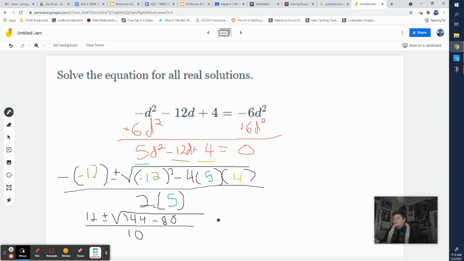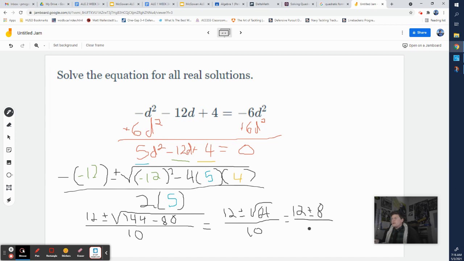Okay. So now let's take this and simplify a little more here. I've got 144 minus 80 inside my square root, which gets me 64. So I have 12 plus or minus the square root of 64, all divided by that 10 we saw from before. Now what's the nice thing about the square root of 64? It could be broken down. 8 times 8 gets you 64. So really, this just becomes 12 plus or minus 8,